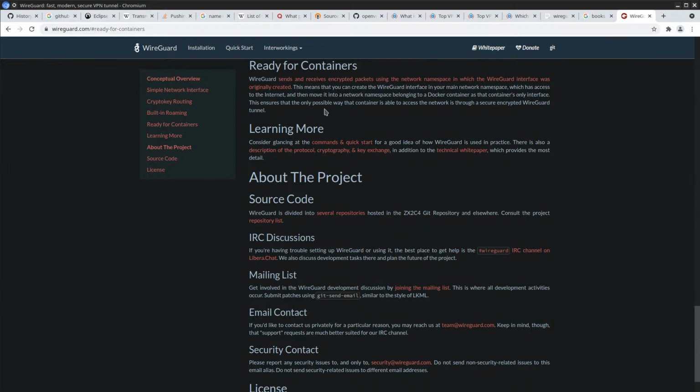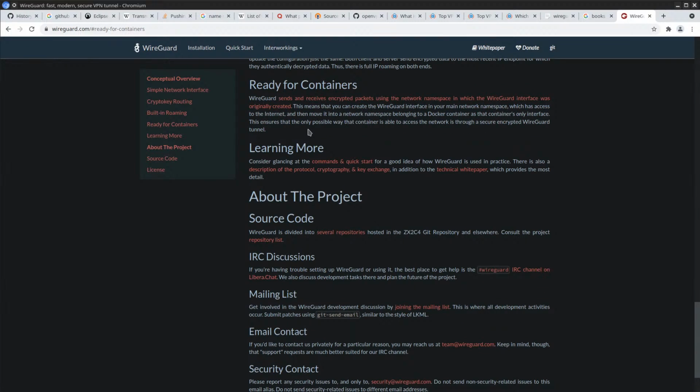It shows that the only possible way that container is able to access the network is through a secure encrypted WireGuard tunnel. I guess that's cool. Sure.